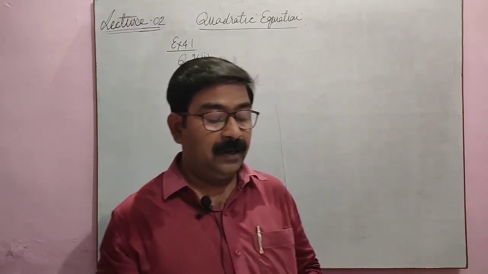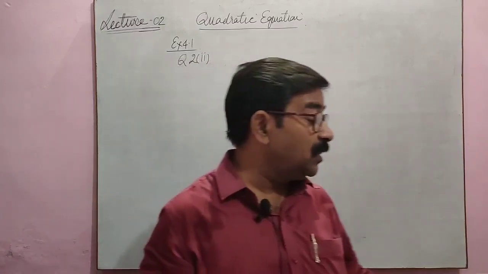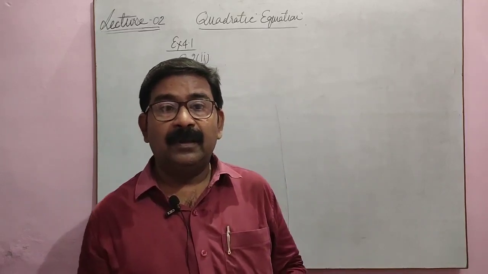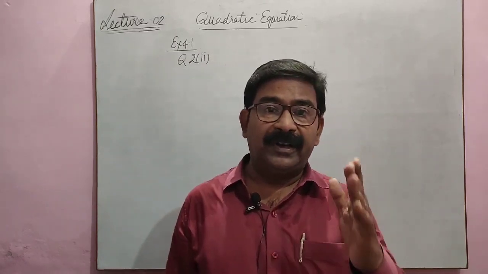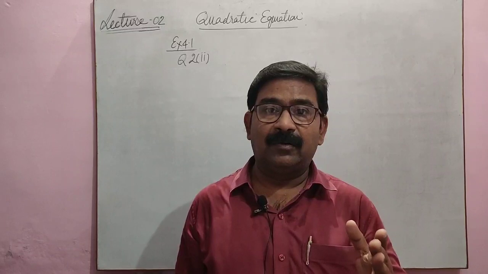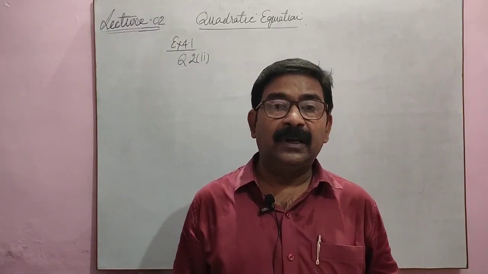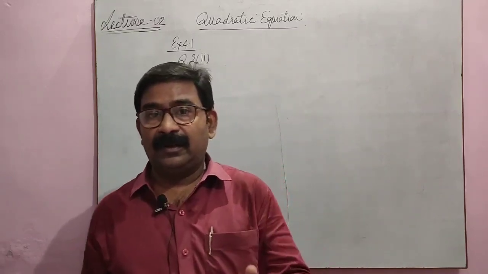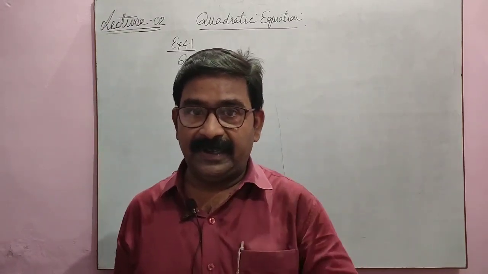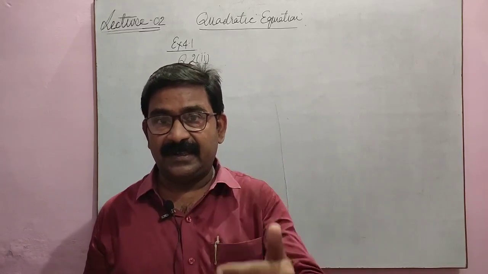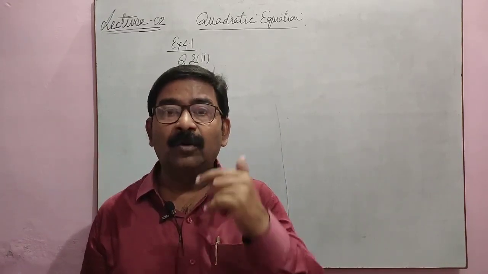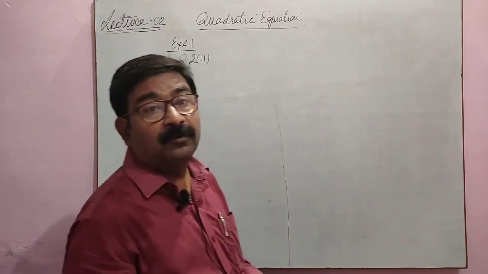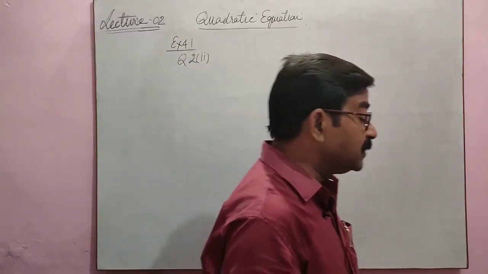Consecutive and positive integer. Consecutive means continuous. Continuous means one number, one integer comes after the other. Like suppose you have an integer 1, then next is 2, then 3, then 4. It means the next integer is obtained by adding 1 to the previous one. So we are given that the product of those two integers is 306.